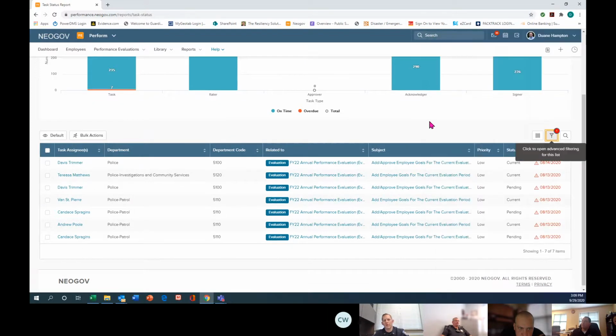anywhere in the system. And then we just have to look at the names and see if it's one of our people. Like I said, I can see everybody. You guys will only be able to see folks in your chain. But like here, you got Poole and Spraggins. This is actually the same thing. It's basically saying Poole's goals need to be added and signed off on, and then Spraggins needs to sign